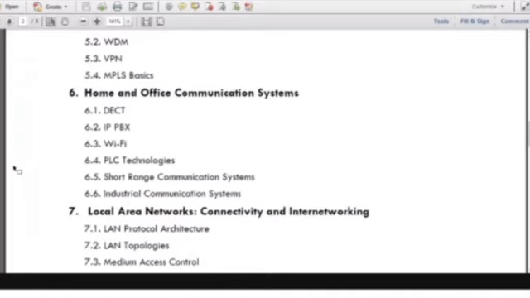It is categorized under home and office communication systems. So there are others, like the short-range communication systems, which include Bluetooth, Zigbee, and also RFID types of communication mechanisms, which we are going to mention a little bit. And there are industrial automation communication systems, like Modbus and also WirelessHART, and also manufacturing automation and control mechanisms. So this will conclude our discussion of the 6th lecture.